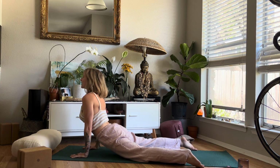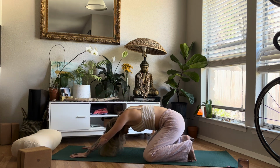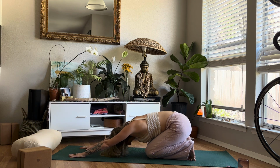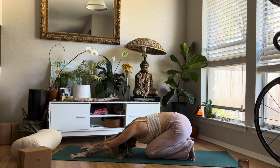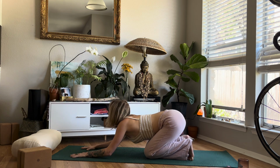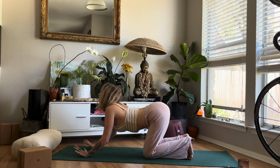And then exhale, roll your spine back down, tucking your toes here and bringing your knees more hips width distance and finding this toe stretch. So press into your palms to get a deeper stretch in the toes. Gaze forward, and this time can you arch your spine so my chest is facing forward and I'm rounding up,